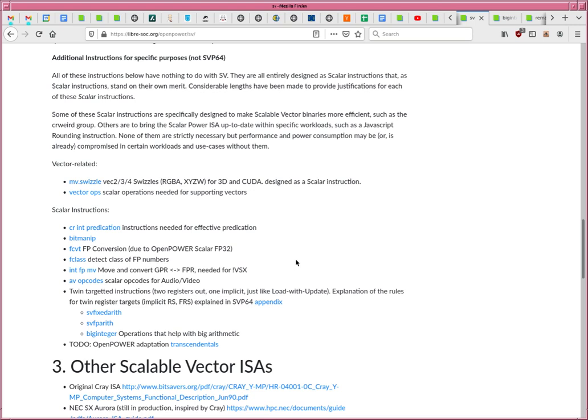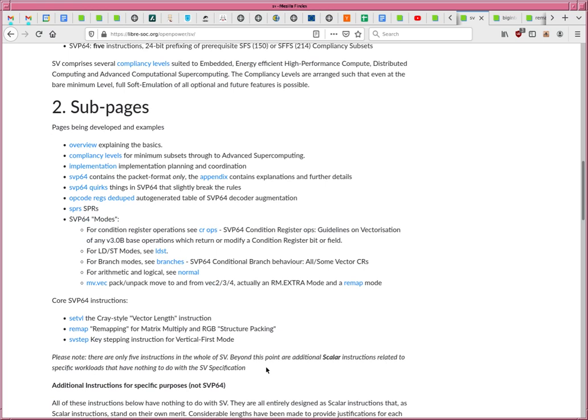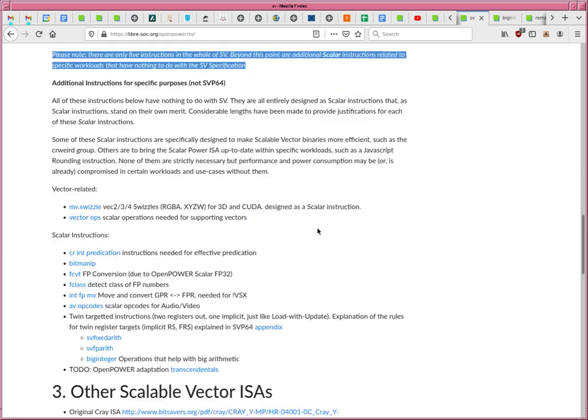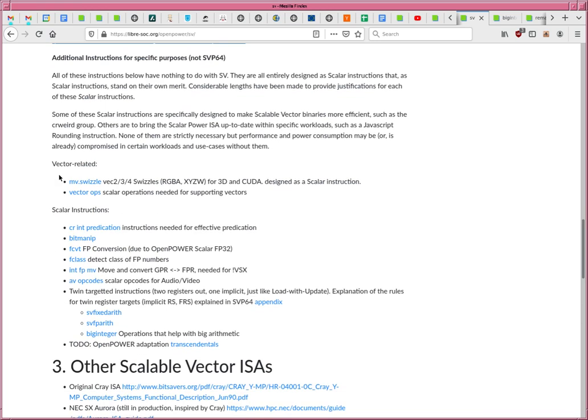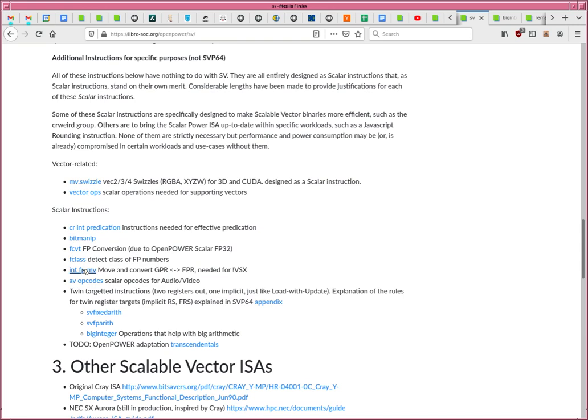And then it happens to be beneficial if they're vectorized with SVP64 as well. But it's crucial to appreciate that there is this delineation, this ending point between here, which covers the scalable vectors system, and here, these scalar instructions, which we're proposing in addition. It includes things like